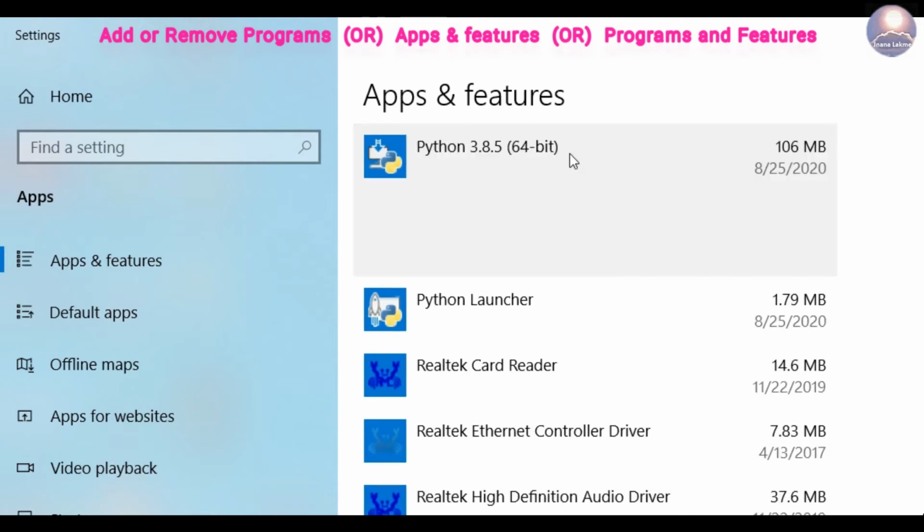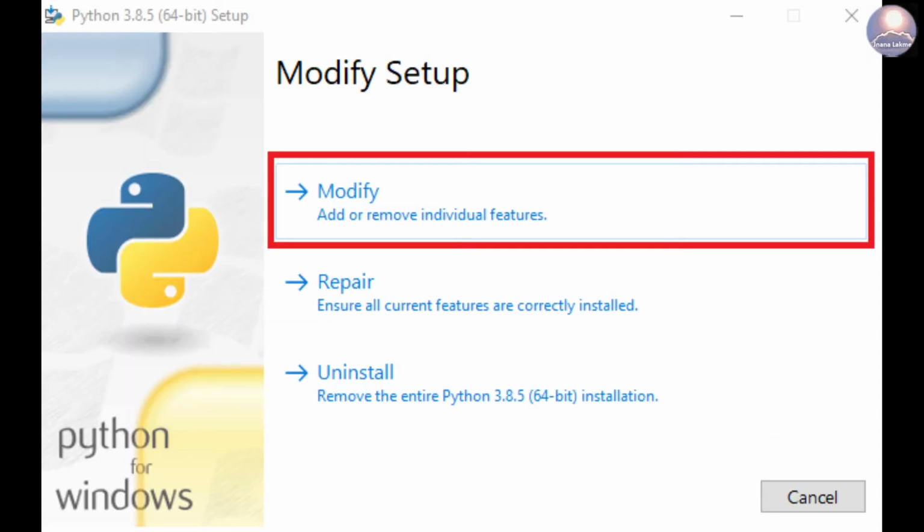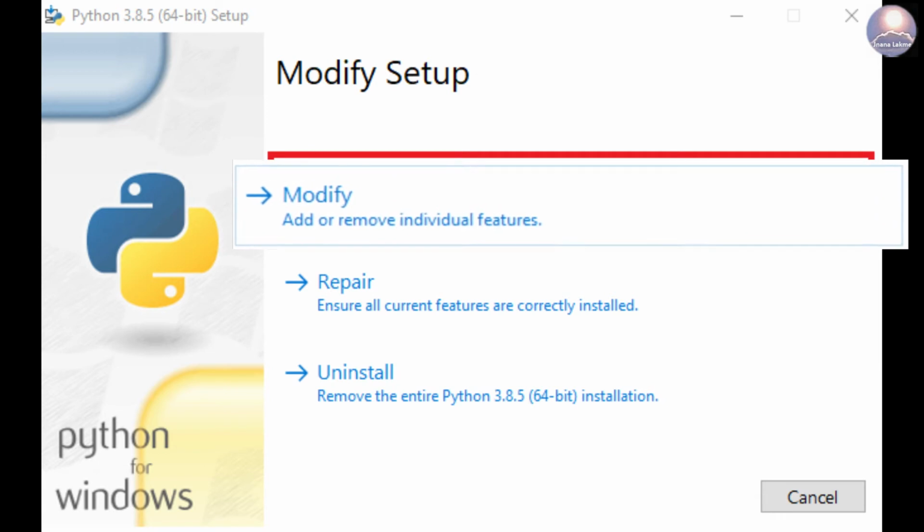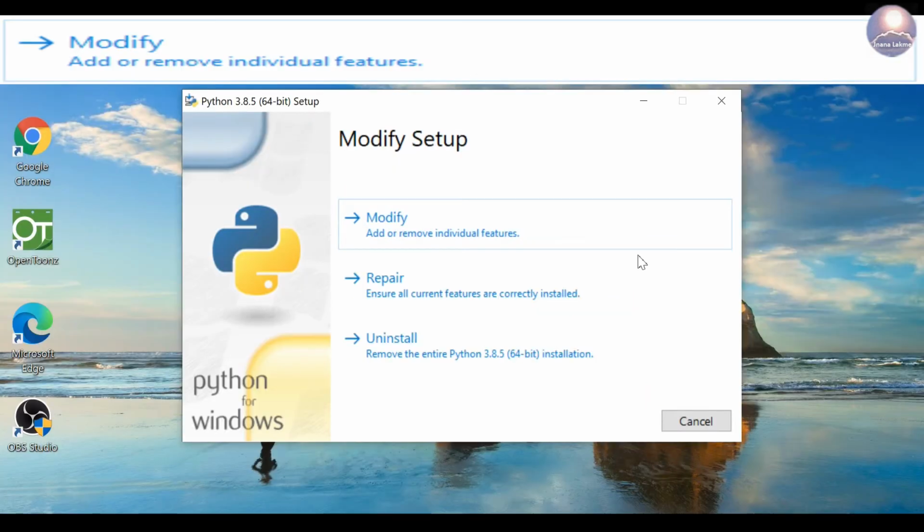Click on Modify. Python Modify Setup pop-up window will appear to process the add or remove features. Click on Modify.